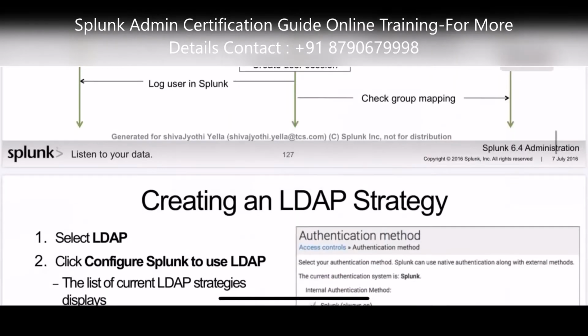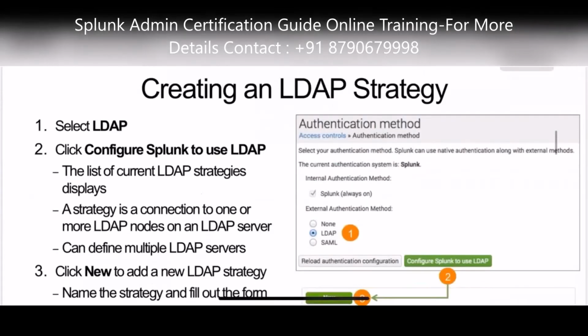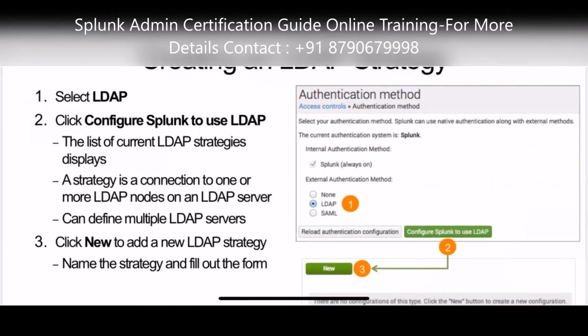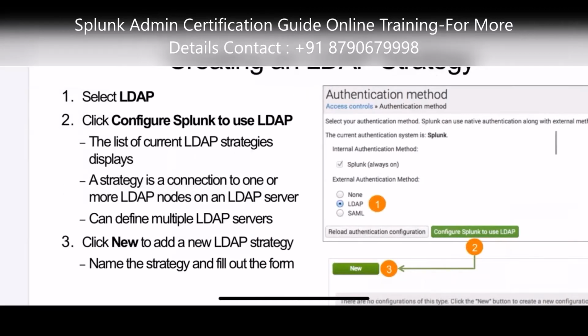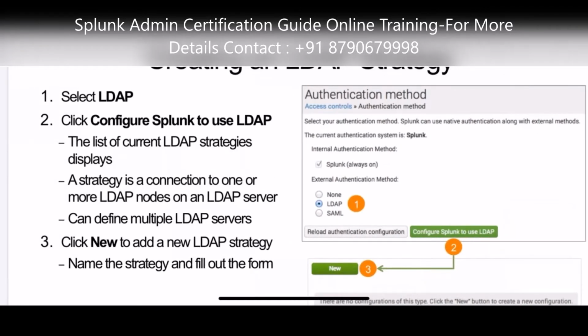Now, if you see the LDAP strategies, here he has shown how to configure something using Splunk. Click on this, configure Splunk to use LDAP, new. But in real time, most of us will not have access to create new.